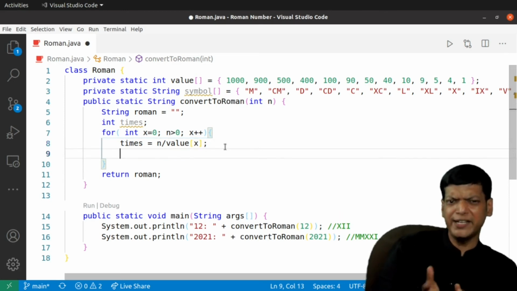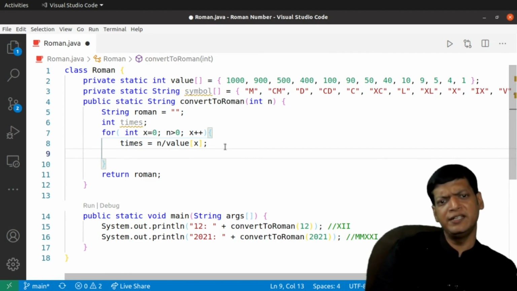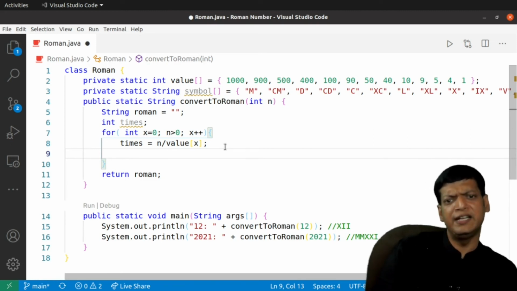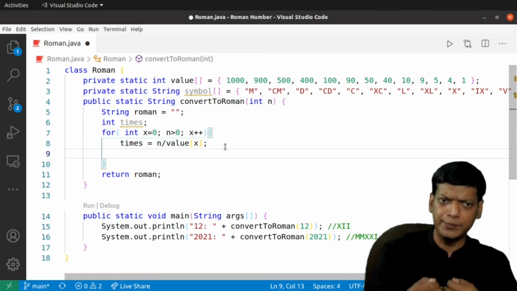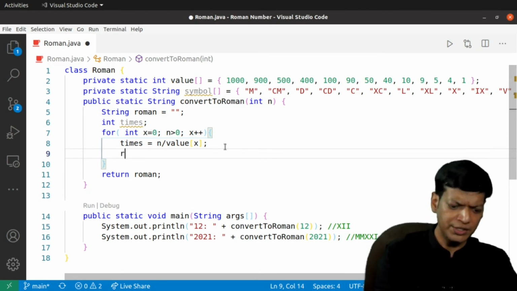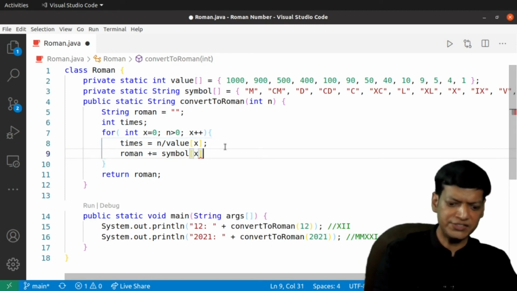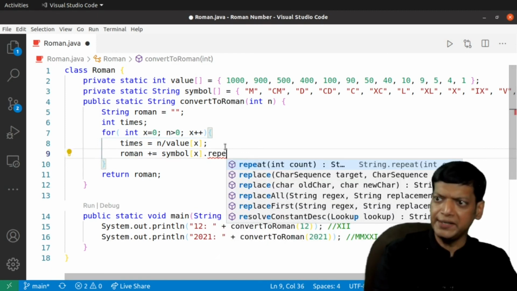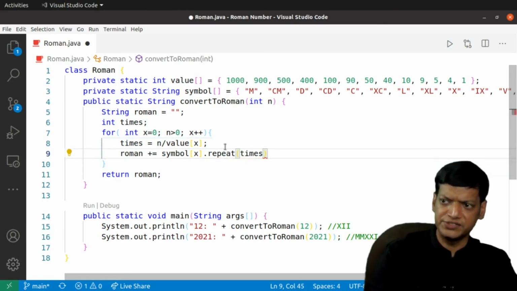Now we have to repeat. If you are using an older version of Java, we have to take a loop. But if you are using a recent version of Java, let's say Java 11 onwards, we can simply use the repeat function, and that's what I'm going to do right now. So we'll say roman plus is equal to the corresponding symbol of x, and we'll repeat it the required number of times, that is times.